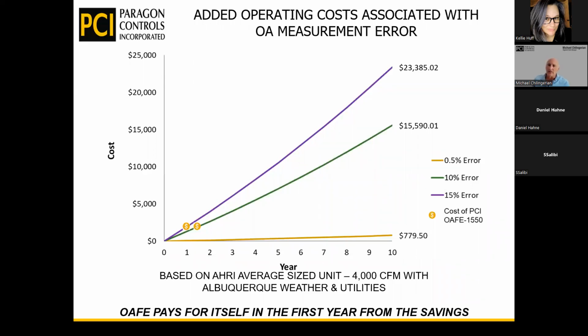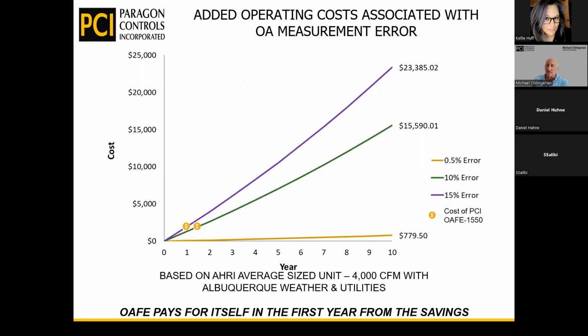This is like a graph that shows the difference in accuracy between something that's 0.5% and, let's say, 5 or 10 or 15% accuracy. The industry standards say that we can be 10% accurate, and that's supposedly okay. But in an outside air application like Albuquerque, where we take the Albuquerque weather and utilities, and we look at a 4,000 CFM unit